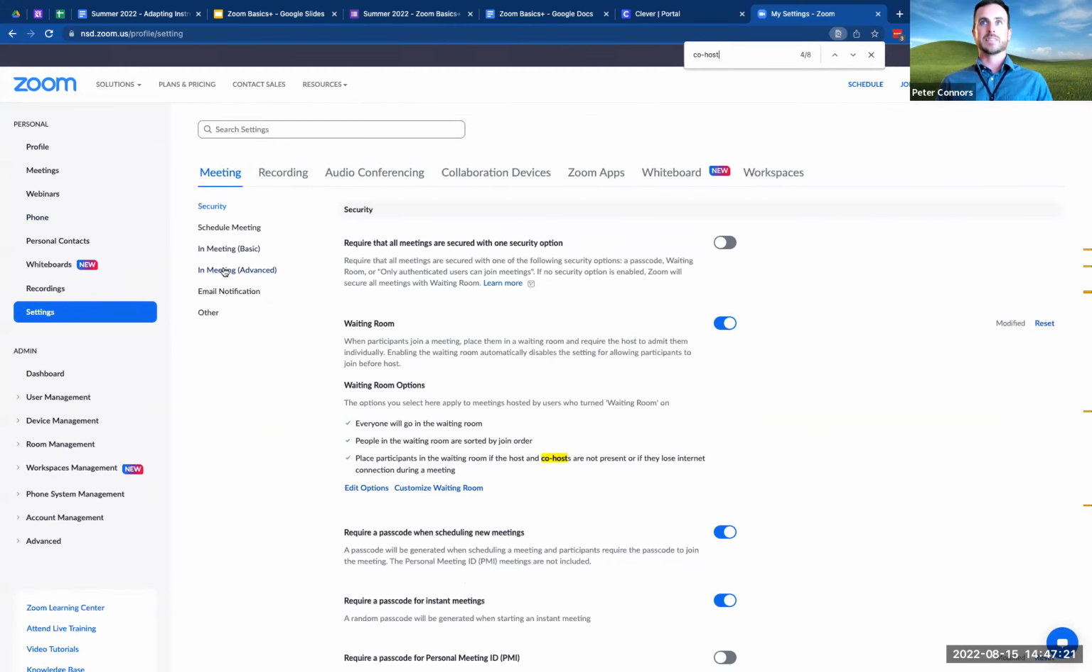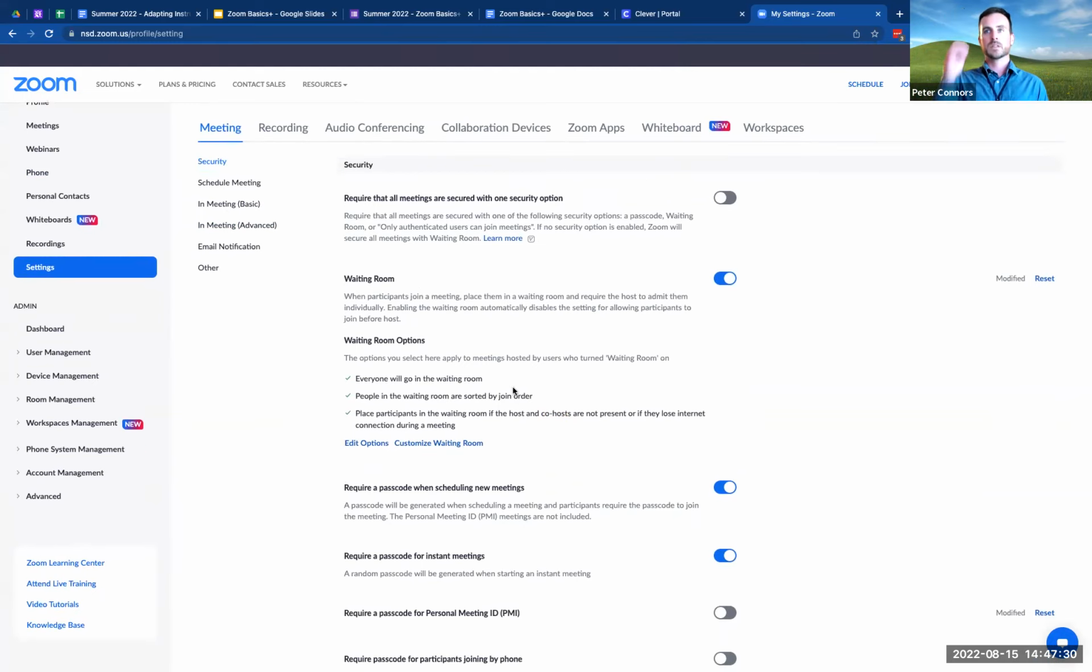I don't have to be like, oh, it's in meeting advanced, so click on that, and then you're in the sub page, and then you can find it. So using that Finder to find this stuff, I think, is really useful. So let's get into it then. If we're in here in security,